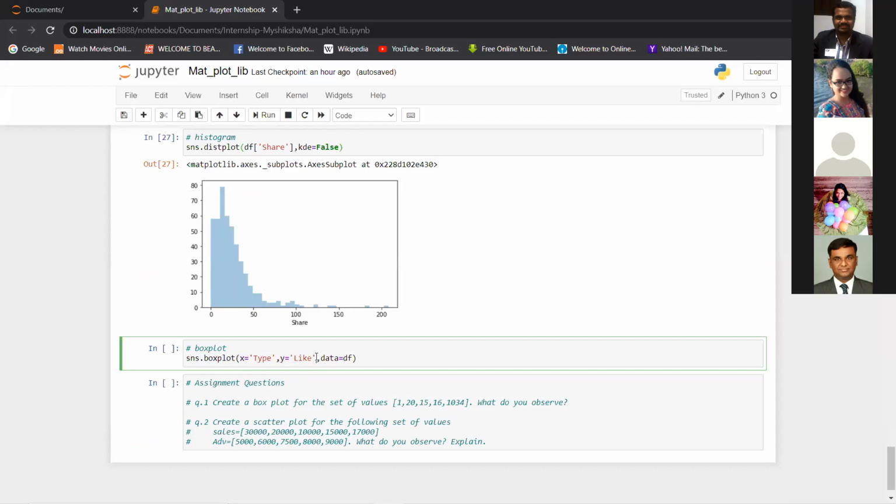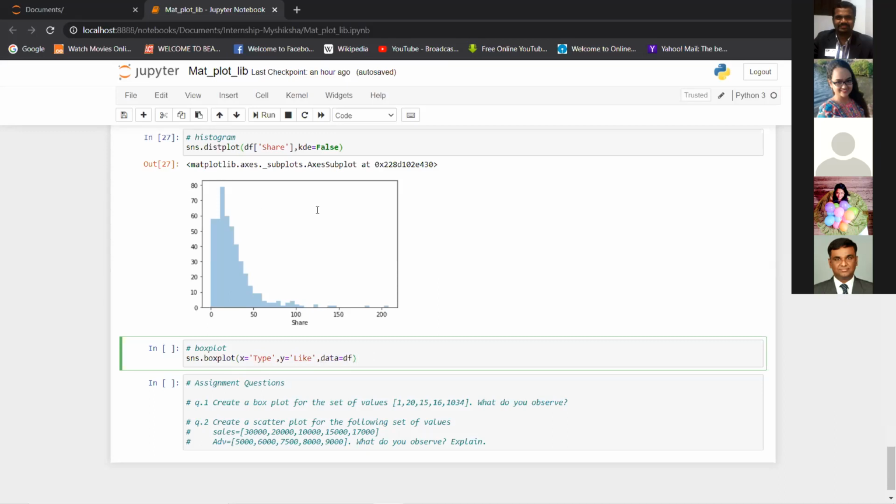Why x and y are given like this is because this box plot has a different syntax here. I'm giving x as type. Whatever I give in x is on the x-axis, and y is on the y-axis. I want to see the number of likes for each type of post. Then I'm saying data is equal to df.